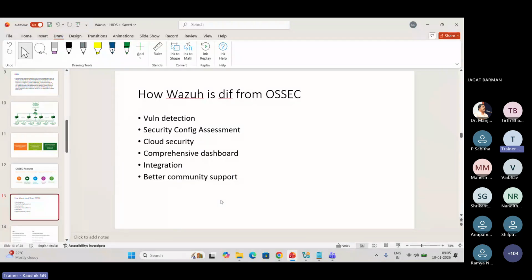And the different integrations. For example, we have the EDR, which means endpoint detection and response. We have CDR, cloud detection and response. We have SOAR, SIEM. Anything can be integrated with Wazuh. And the better community support. For example, you may be using different tools from GitHub, but the only problem is that if the community is not good, which means the community of developers is